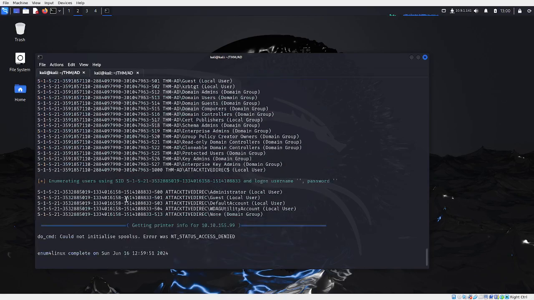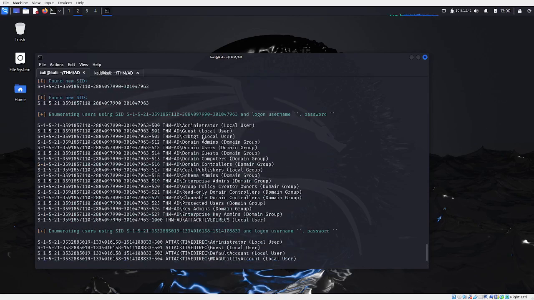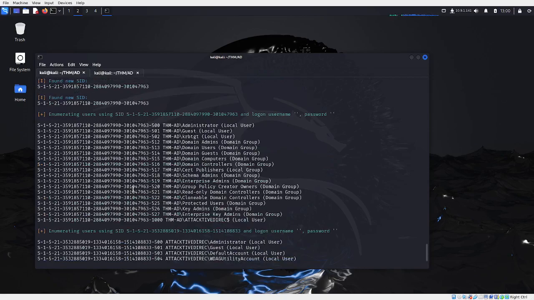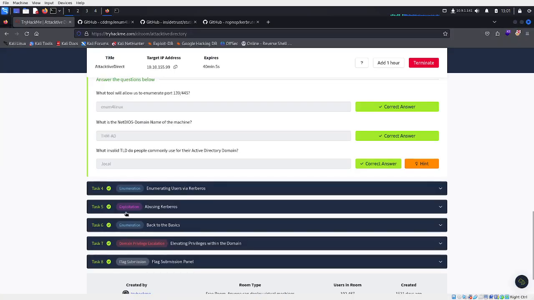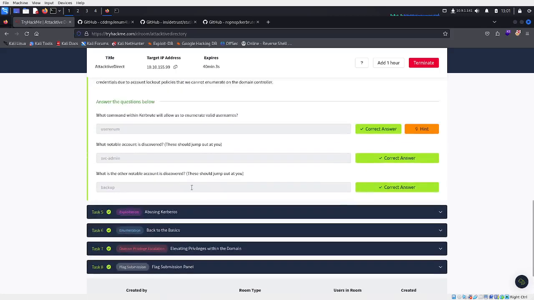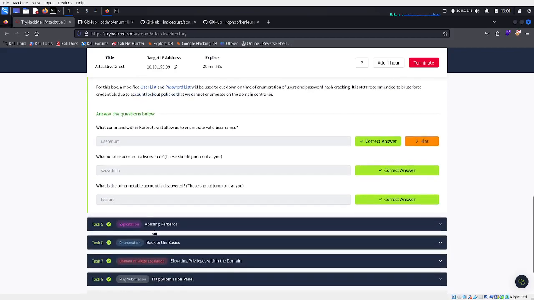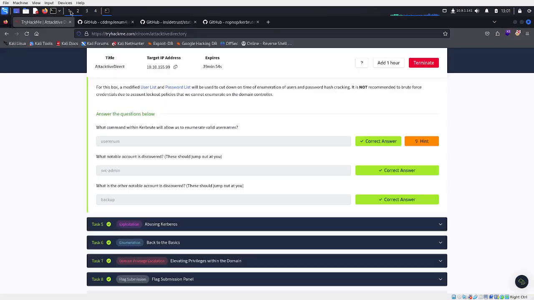Going back to enum4linux, it hasn't given us much to go off of apart from some users. Are there any service users here? There should be. Let's see how to proceed. SVC admin. So it's telling us to use kerbrute as well,